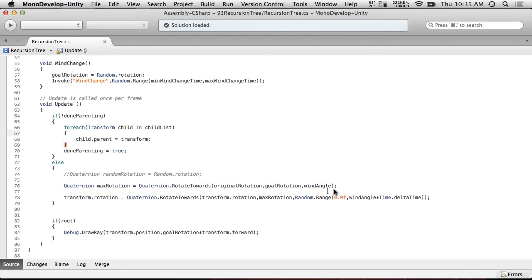So what was happening before is we were basically jittering from the original rotation to the max rotation by a random.range here. Basically, we're just taking this angle here and going, hey, go that way, and then oh, go back towards the original a little bit. Oh, go back towards the original again. This time, what we're doing is we're creating a rotation based on the wind angle and the original rotation, and then we're changing the transform.rotation to move towards that max rotation by a random amount, based on the wind angle,